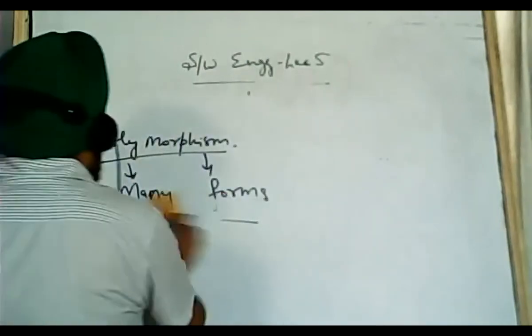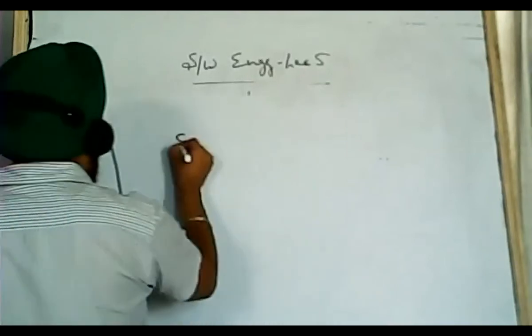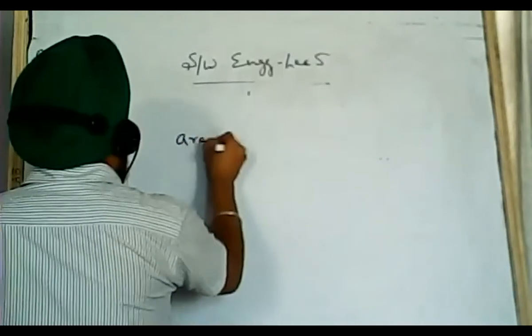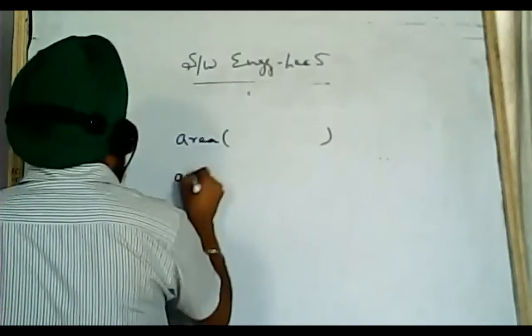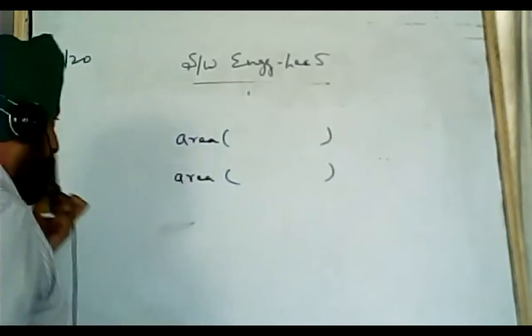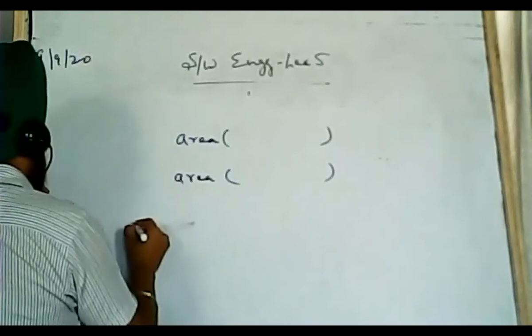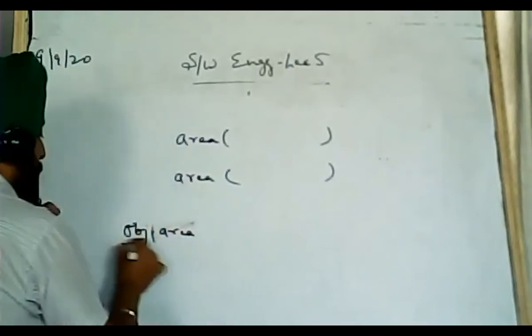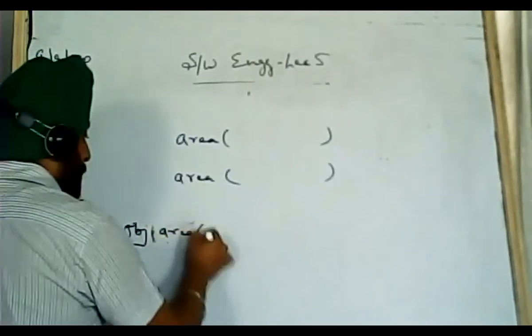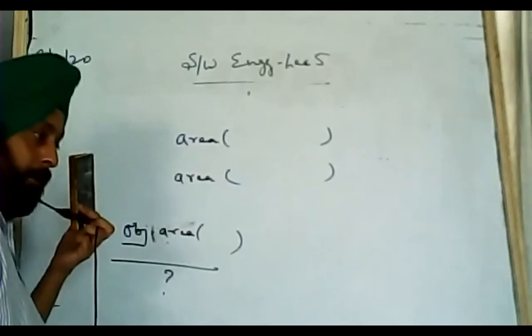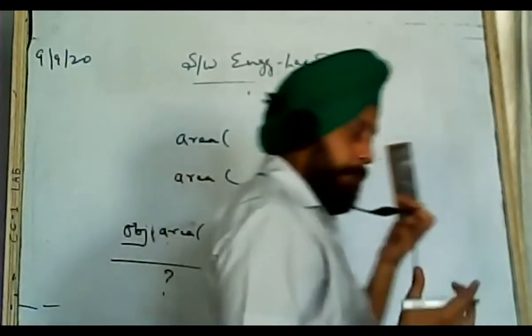I will just show an example of polymorphism. In any class, there is a function with the name area. A very common example. There are two or three functions with the same name. At a particular moment, if an object calls object dot area, an object of a class is calling the function of the class known as area. Now the question arises, which function has been called? Polymorphism can be achieved in different ways.